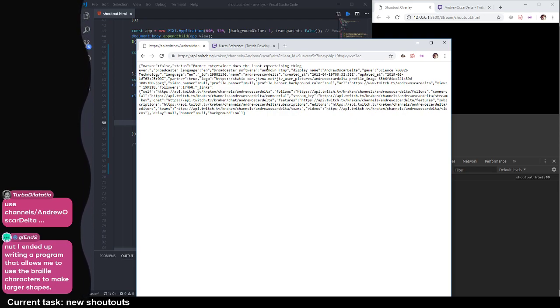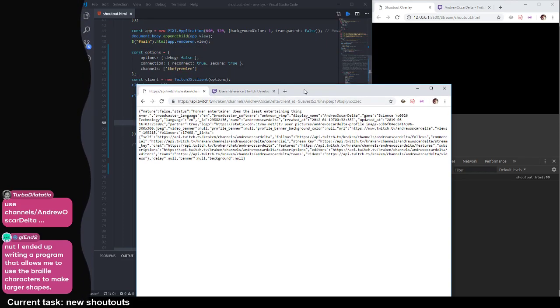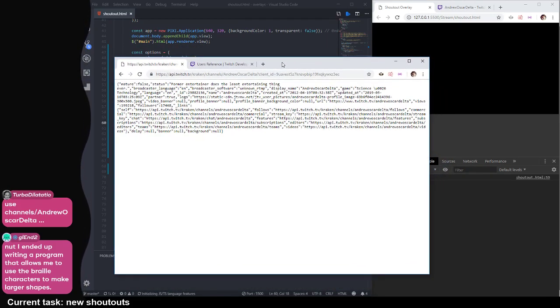I ended up writing a program that allowed me to use Braille characters to make larger shapes. Ah. How do you mean larger shapes? Like,